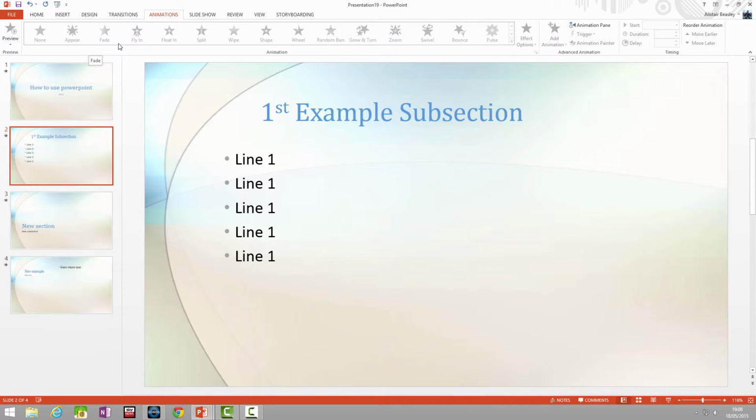Animations are absolutely great when they're used well. What beginners tend to do a lot of is use animations far too much. So how do I add an animation? Well, it depends what you're doing, and I'm going to show you a line by line example, and that's done